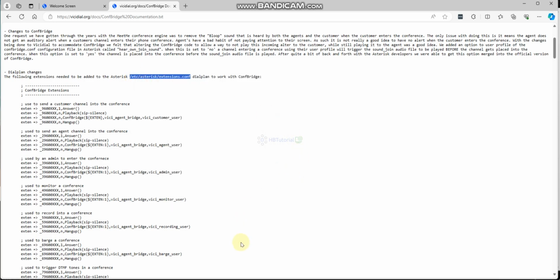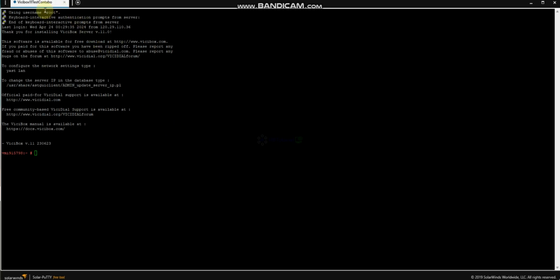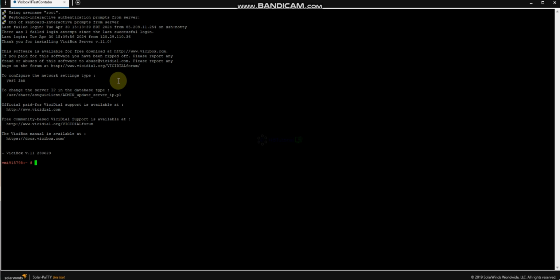So you need to go to your PuTTY again. Let me reconnect my PuTTY, and then you need to use your favorite editor. For me, I'm using Nano, or you can use vi, Vim, etc. Just paste the path for the file we need to edit and press enter.